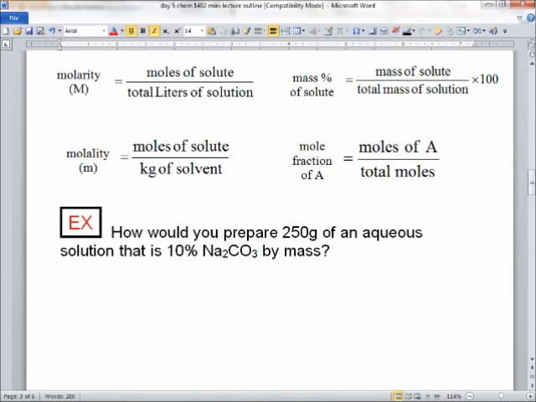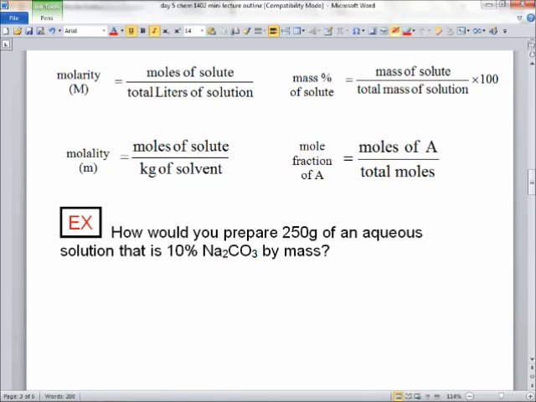How would you prepare? Okay. I'm starting out with, I think, the most complicated question. How would you prepare? You can't just give an answer of 10 grams, right? You have to describe how you would prepare it. Now, if you're going to prepare this solution,